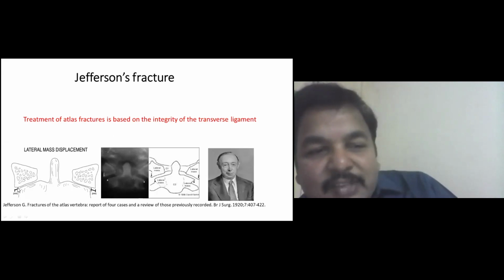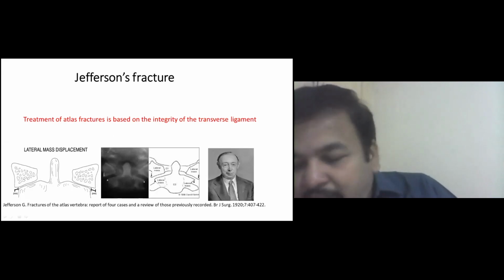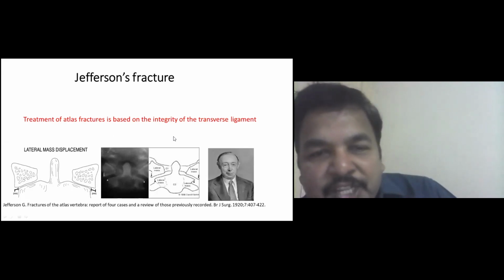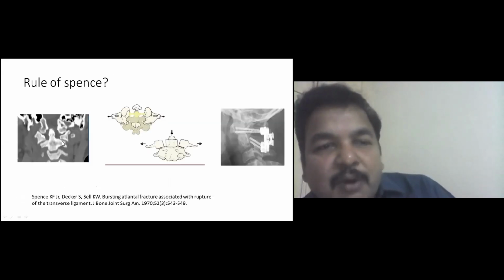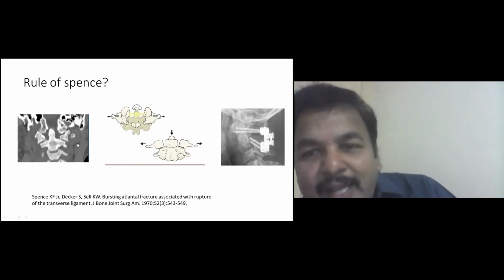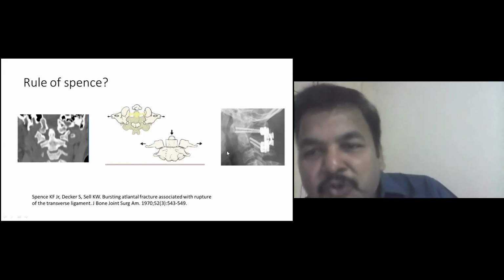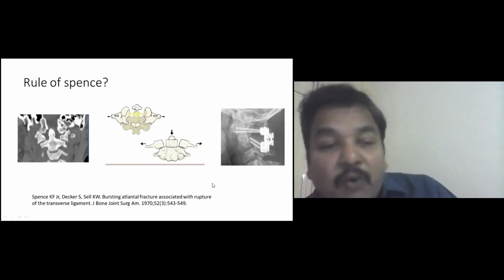So again, in this case, this is the lateral mass displacement. This plus this is around 6.9, which indicates the transverse atlantal ligament is torn. I'm repeating this because it is a very important point to advocate surgery for these patients. Suppose in this case the lateral mass displacement is more than 6.9. When the transverse atlantal ligament is torn, the procedure of choice in these patients would be C1, C2 fusion, irrespective of the fusion method you adopt, with the transarticular screw or C1, C2 screw, whatever may be the translaminar screw, whatever said and done, the treatment of choice when there is a transverse atlantal